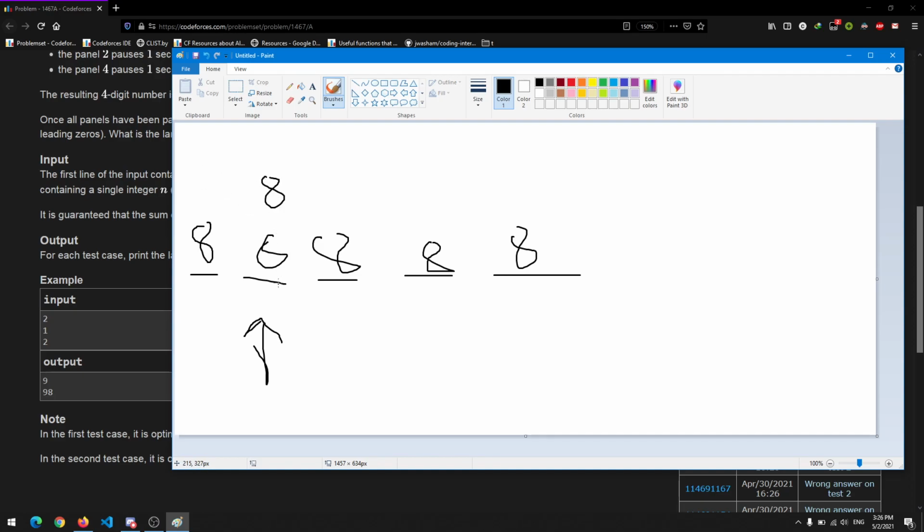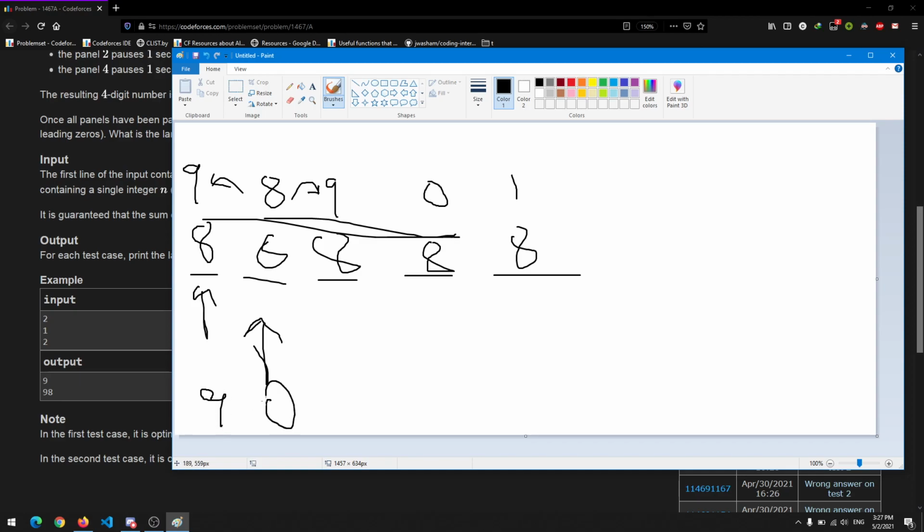Then one second later, this gets paused too, as it's on the left, adjacent to it, and this gets paused one second late. Now it's 989, and one second later this one is 0, and one second later this is 1. So this is the maximum number you can obtain. Now what if we pause the first number when it was at 9?